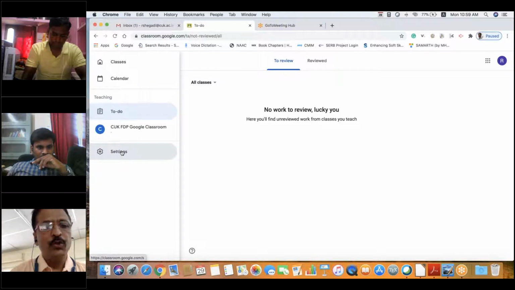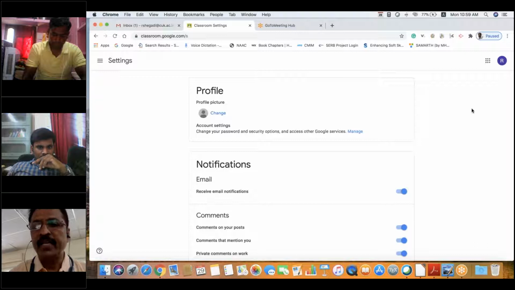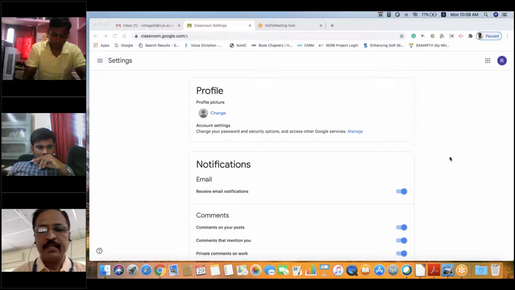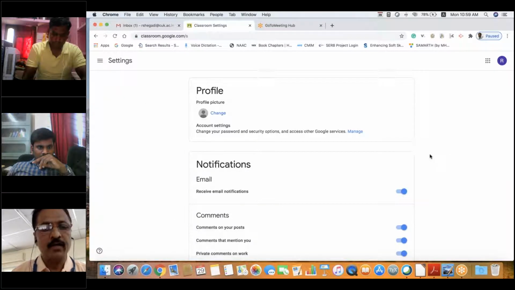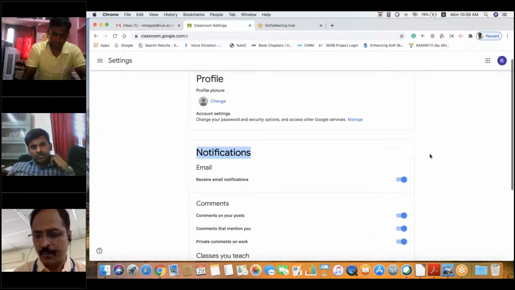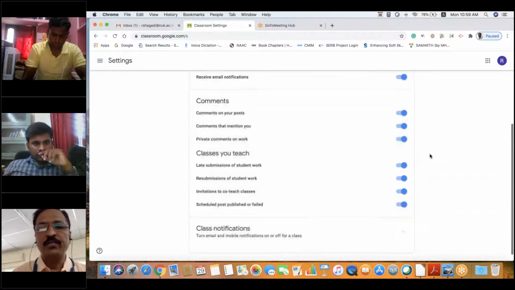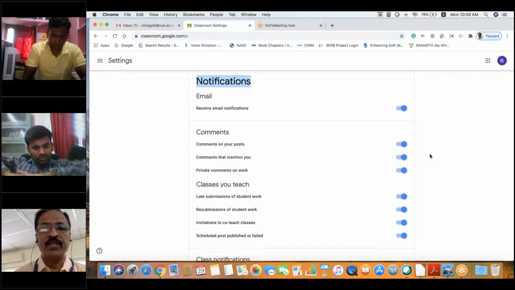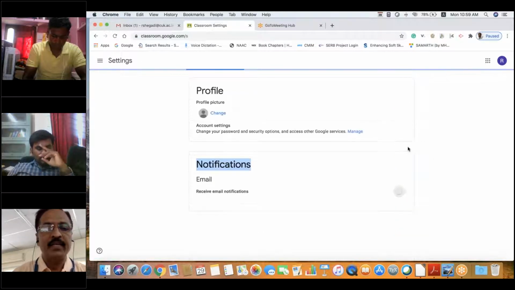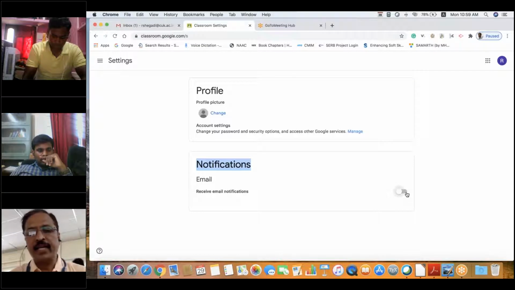Now we will move on. I was showing you the settings. Again, come back to the settings. I was telling that you can choose whether to receive email notification. Suppose a student completes an assignment, and as soon as the student submits the assignment, you will receive that email notification: which student, which assignment he or she has submitted. If you don't want to receive email notification, then simply disable it. See, all the other activities are connected to email notification, so that's why all got disappeared. So this is very important.